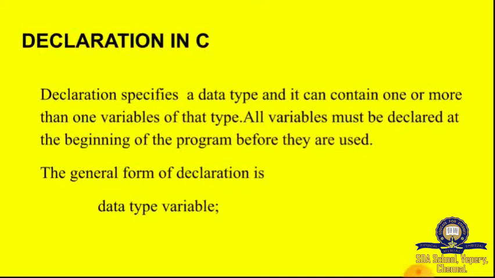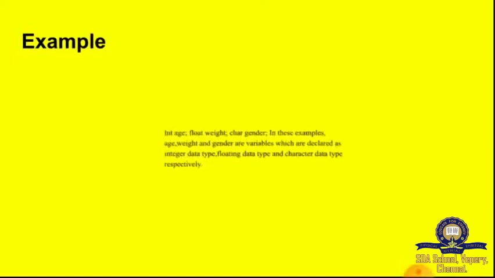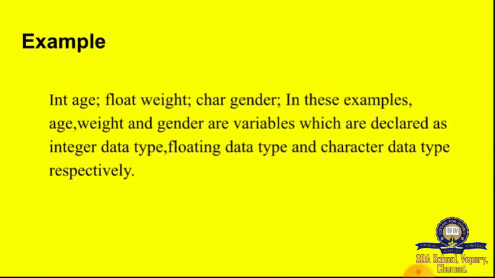Declaration specifies a data type and it can contain one or more variables of that type. Variables must be declared at the beginning of the program before they are used. The general form of declaration is data type variable. Example: int age; float weight; char gender;